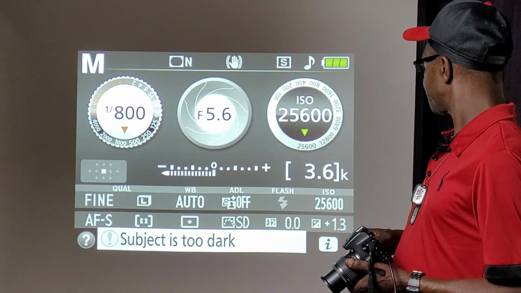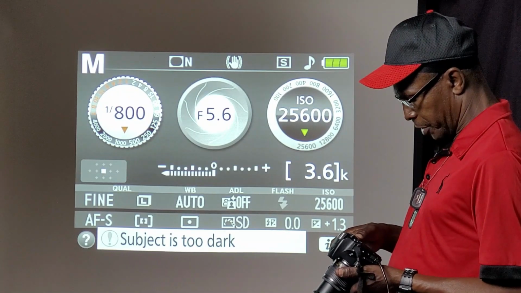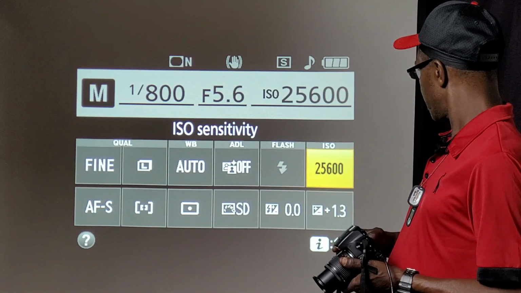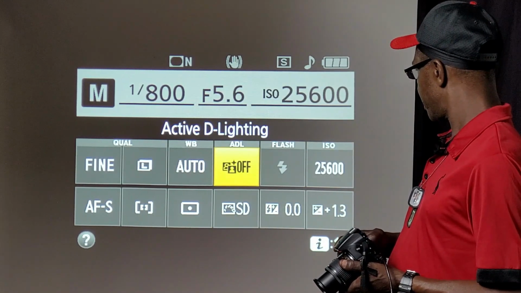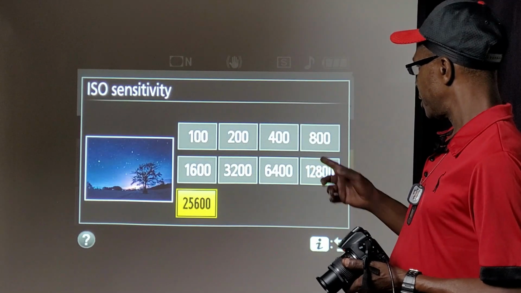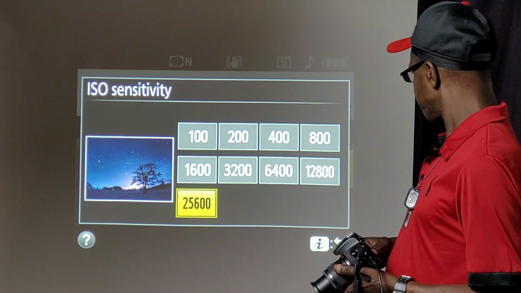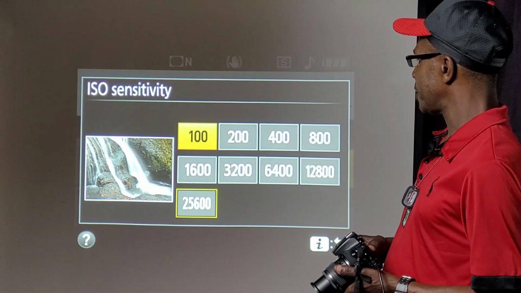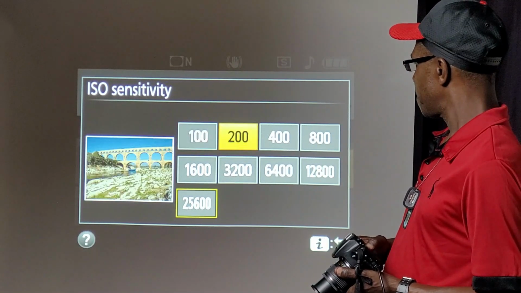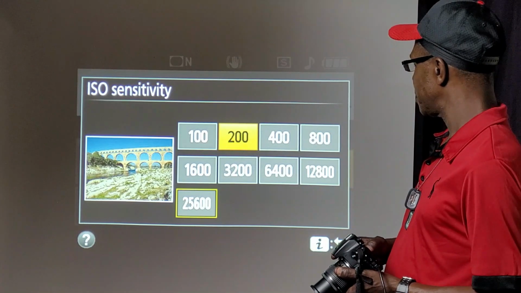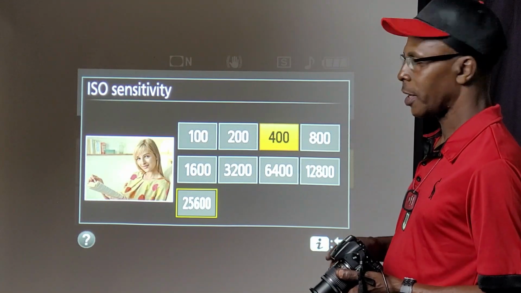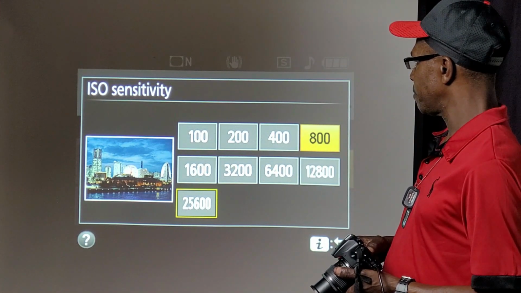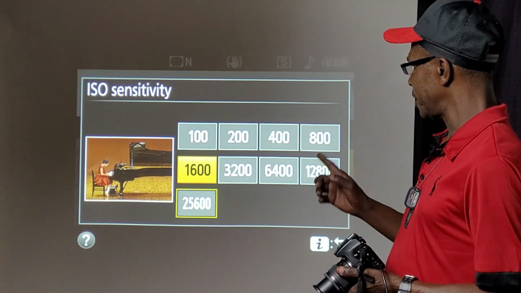Now, for the ISOs, it's pretty much the same thing. We can come here and come to our ISOs. We can go to everything here, go to our ISOs, and it shows you, I mean, it's at a really high ISO, which I probably never use. So 100 ISO is more bright sun and overcast. 400 if it's getting a little lower light. 800 for even lower light. So it's getting more sensitive. 1600,